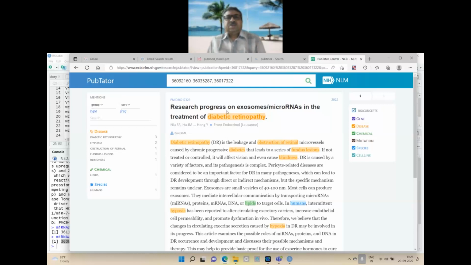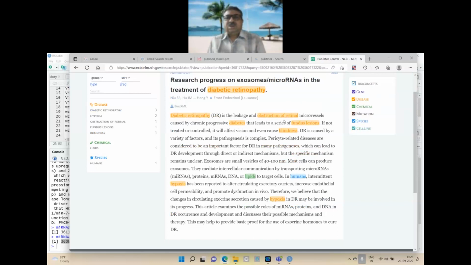Now, here is a paper on exosomes or microRNAs in the treatment of diabetic retinopathy. So, exosomes are little organelles present inside the cell which have the capacity to process RNAs, the pre-RNAs. So, how exosomes, which are small vesicles, do that is of interest. Most cells have this,